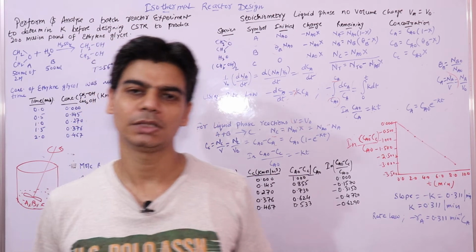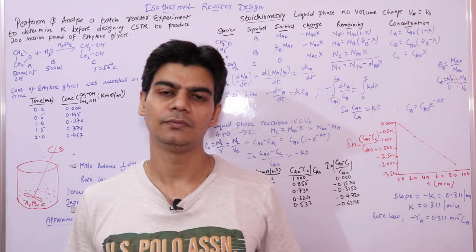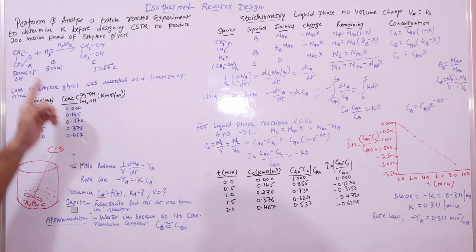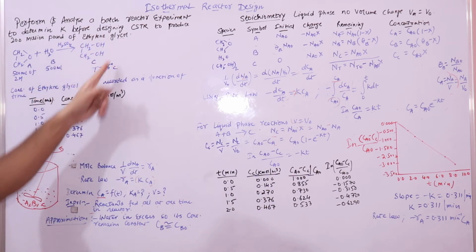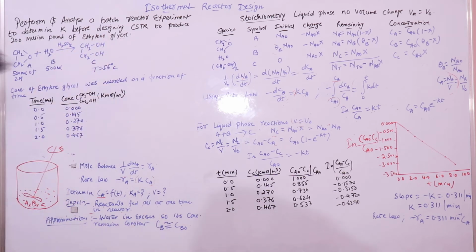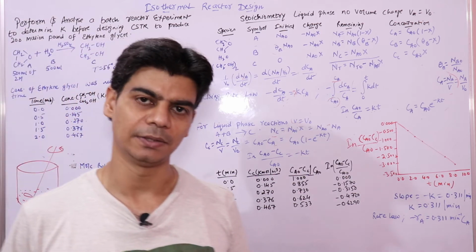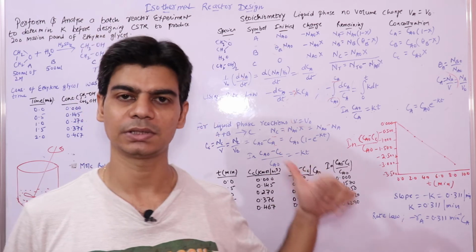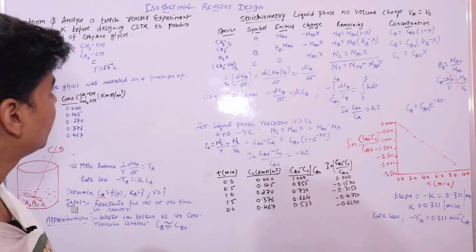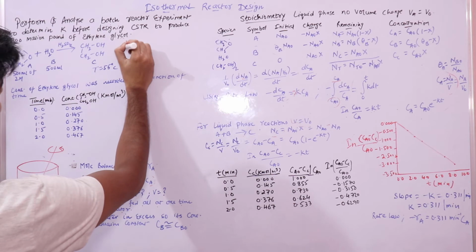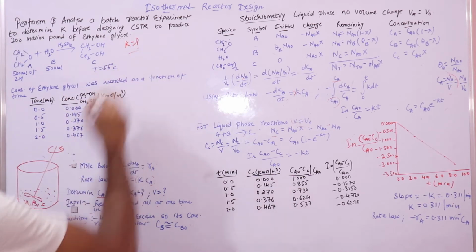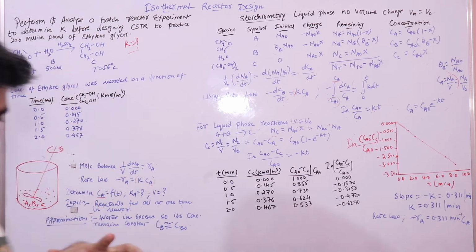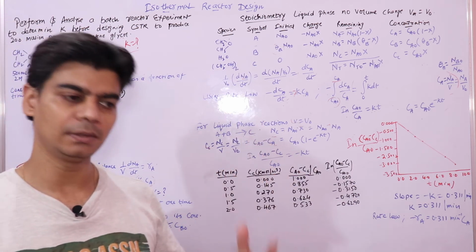Hi. In this video lecture, we will be finding the specific reaction rate of hydrolysis of ethylene oxide to produce ethylene glycol. We will be performing a batch experiment to find K, that is, the specific reaction rate for this reaction. And why are we finding K for this reaction? Because we would be